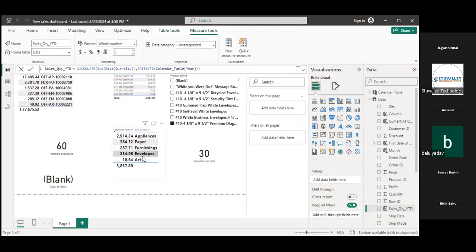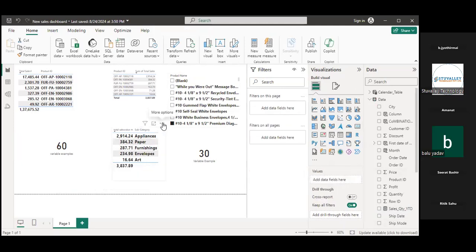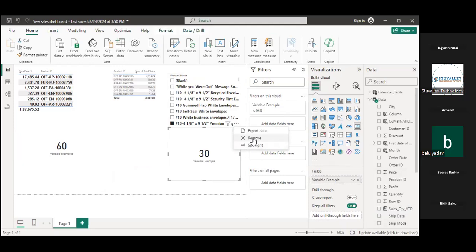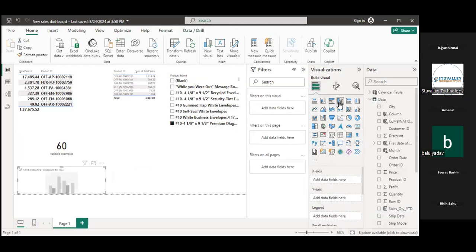Now if I show you with the help of one visual, let me show you. Remove this visual, also remove it, also remove it. Now I take one visual and put it there. I add sum of sales quantity.